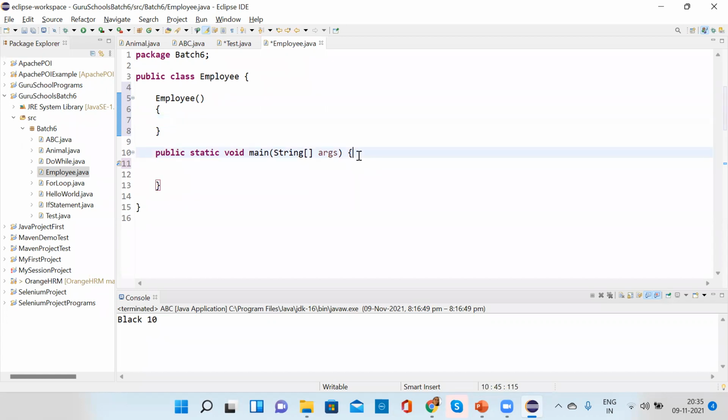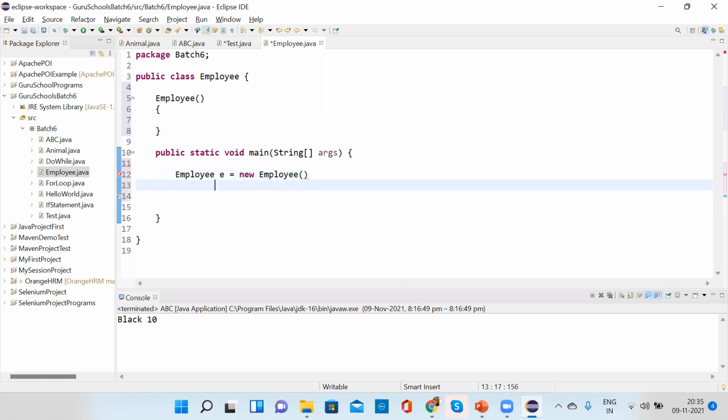First I will create an object here, new, as E1, and then create one more object.